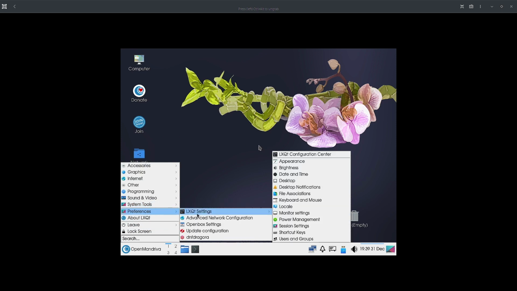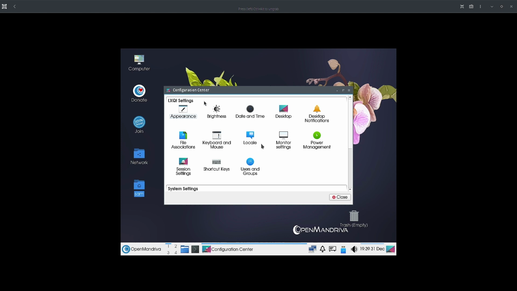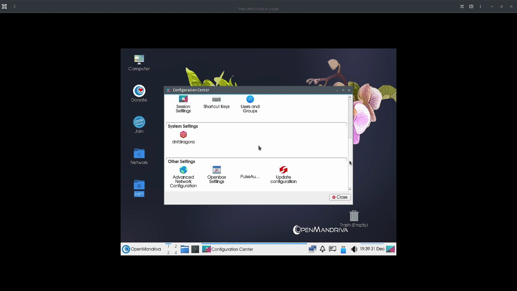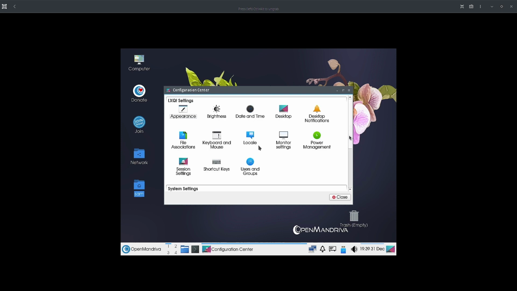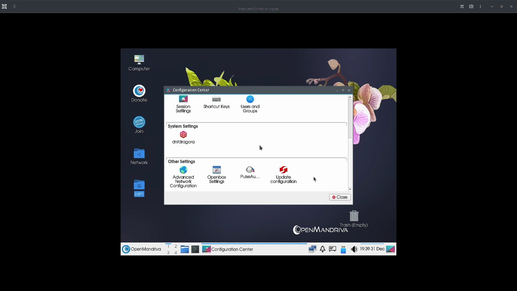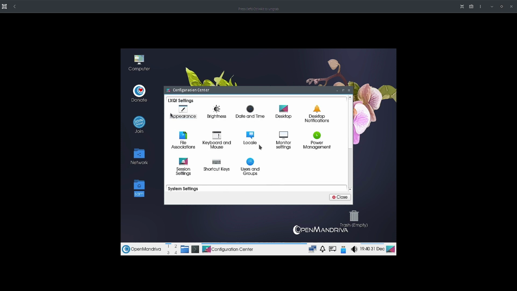Then here you can do the LXQT settings. So you can open the LXQT configuration center. So this is just like the XFCE settings. So here you can change the appearance, do the brightness control, date, time, desktop notifications, file associations, keyboard and mouse, locale, monitor settings, power management, session settings, shortcuts, users and groups, everything is there. So let us open the